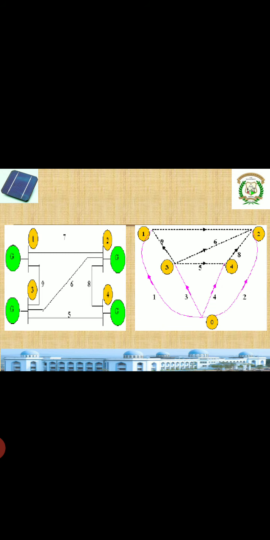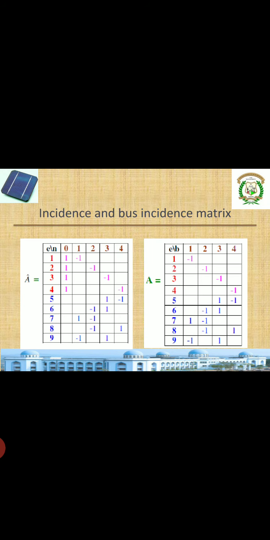You can try this one on your own, by writing this graph and trying to write these two matrices. Okay, with new examples and